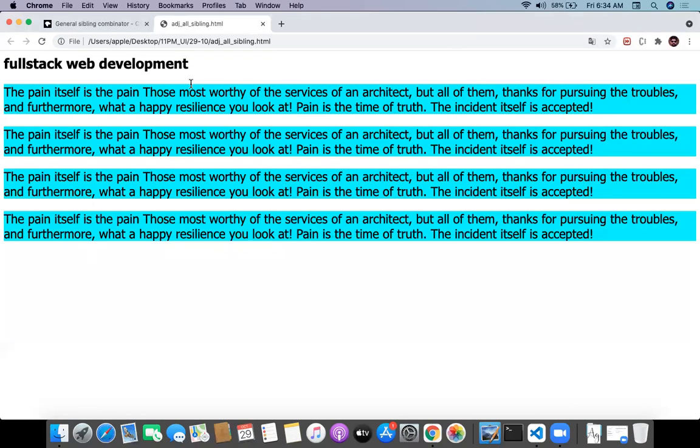So try to work with multiple kinds of selectors. Check the CSS cheat sheet and follow the notes. I will upload the notes today with the GitHub link. We already have a GitHub link for our class, and I'm going to upload everything to the GitHub. Just try to follow. And tomorrow we will continue with another concept, the box model.